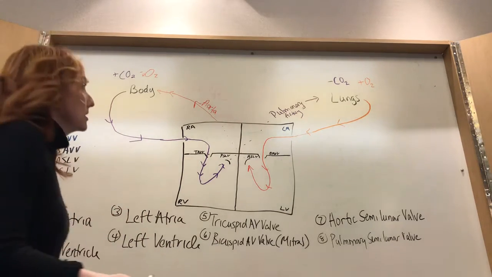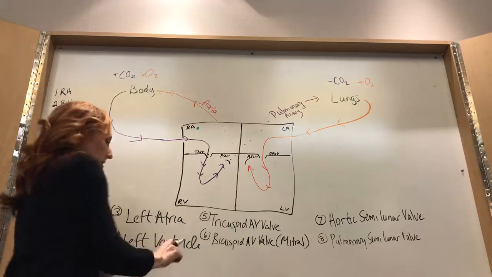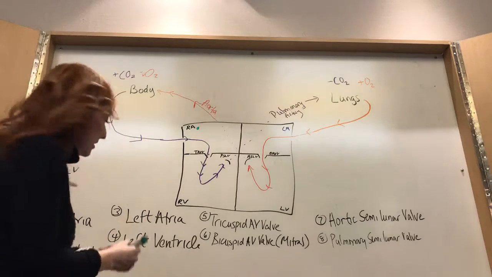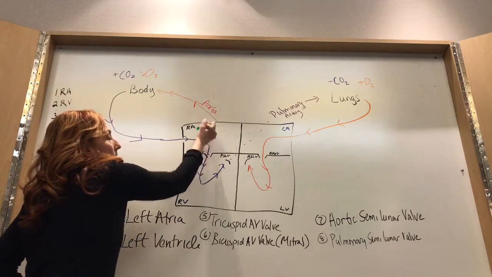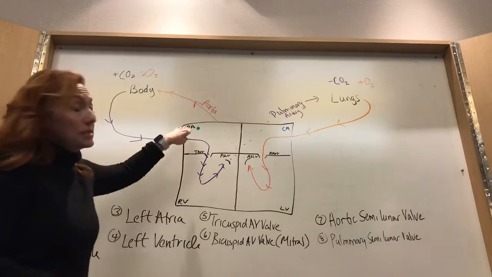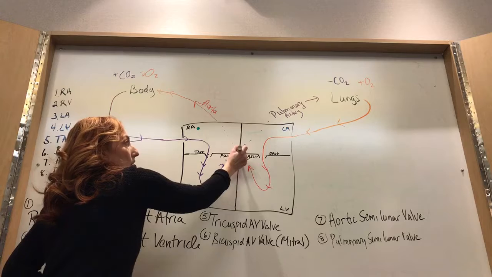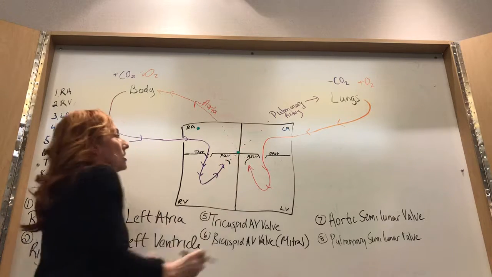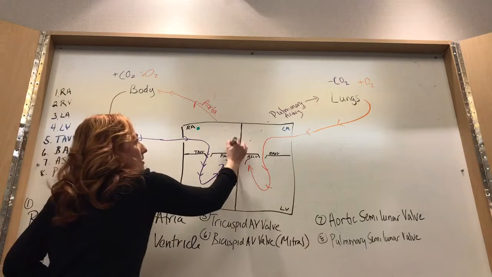The first point in the electrical journey is the SA node. I'm going to use another green marker, I apologize. The SA node is a sinoatrial node and it's in the right atrium. Our second node, it's like a relay station. This initiates the heartbeat. And this, the AV node,